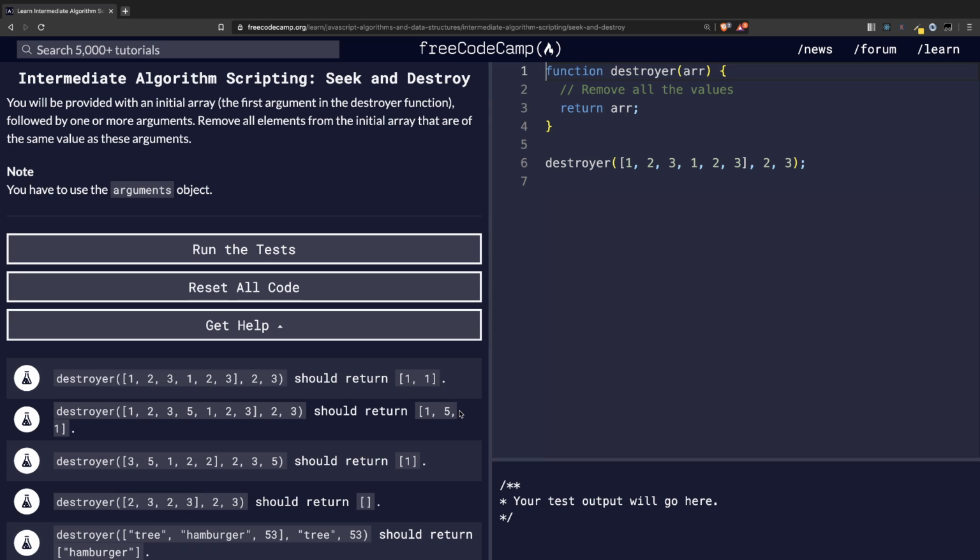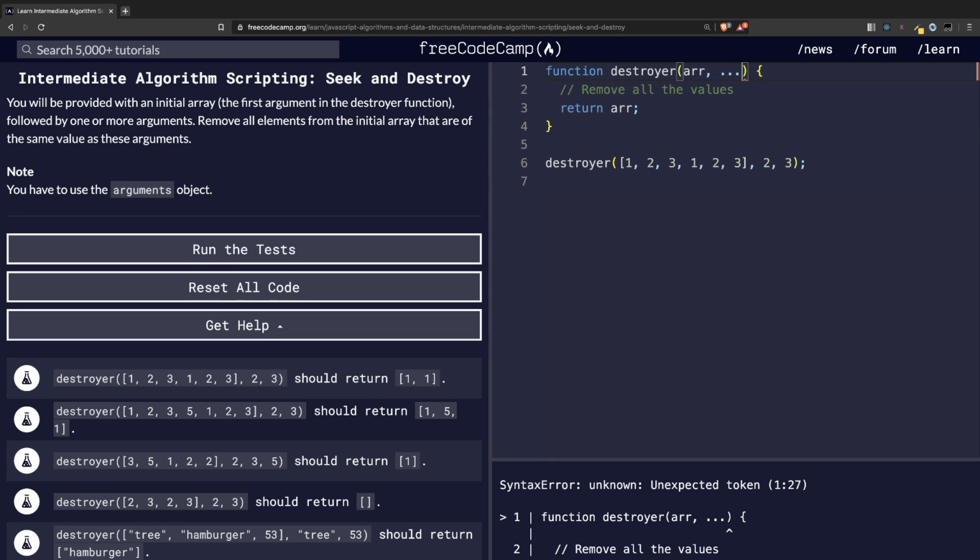Seek and destroy. You will be provided with an initial array, the first argument in the destroyer function, followed by one or more arguments. Remove all elements from the initial array that are of the same value as these arguments. Okay, we learned about the rest parameter. So we can use